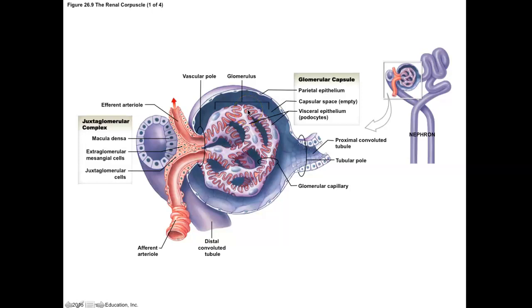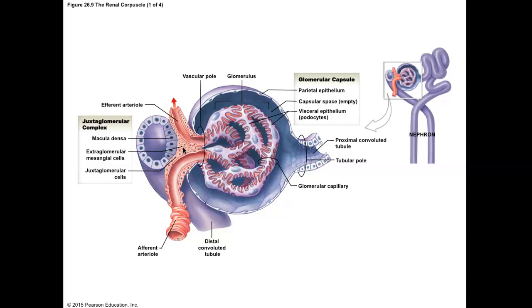And then number 3, the extraglomerular mesangial cells, which you can just say mesangial cells. We can leave the extraglomerular out. Mesangial cells are found sandwiched in between these two, and they are going to secrete erythropoietin, right? The EPO, which is the abbreviation for erythropoietin, is going to stimulate red blood cell production. Okay,